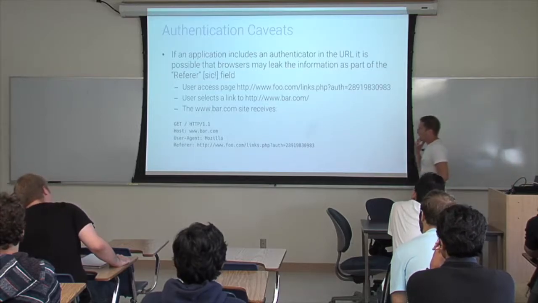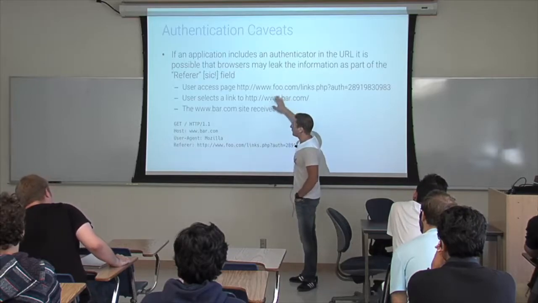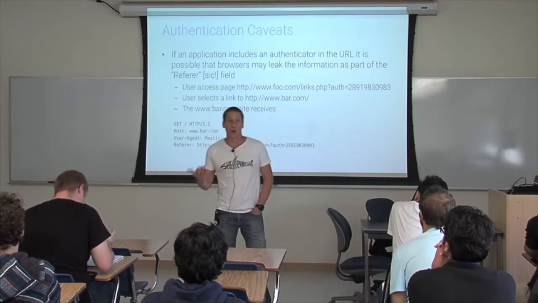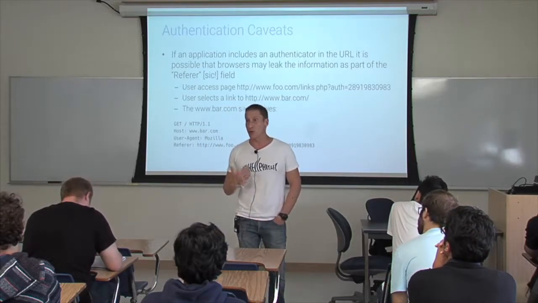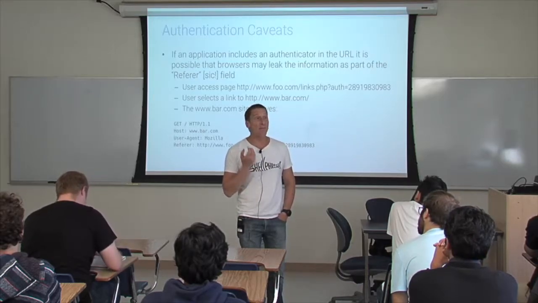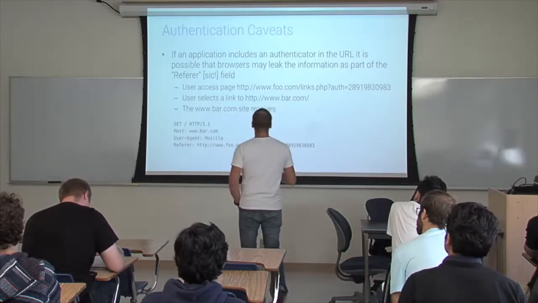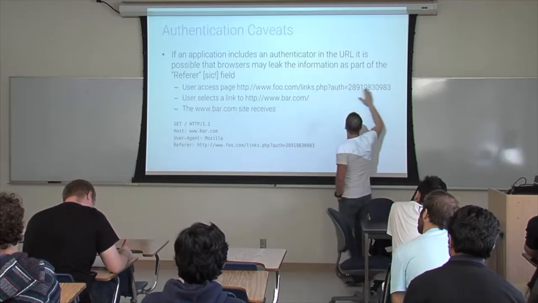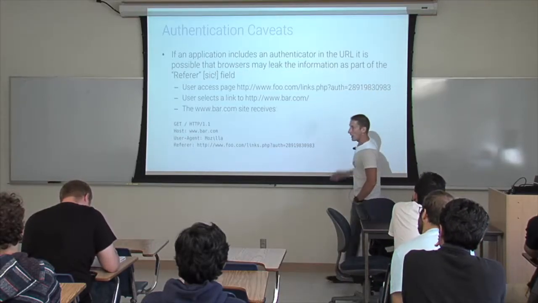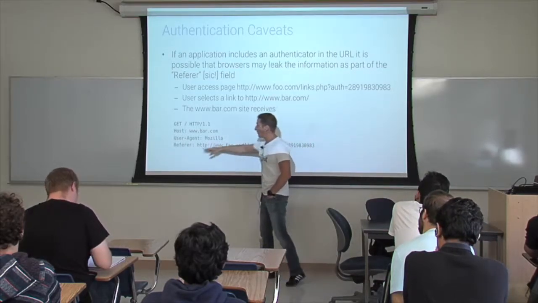Of course, there are a few interesting caveats. For example, if you have the referrer header that tells you where a page is, and you happen to use authenticators in the URL as part of GET, that might end up in the referrer and might be disclosed to a third party. So, important rule, never put the session as part of your parameters, because this is sensitive information and can be disclosed in a number of ways. And so you would see the referrer.